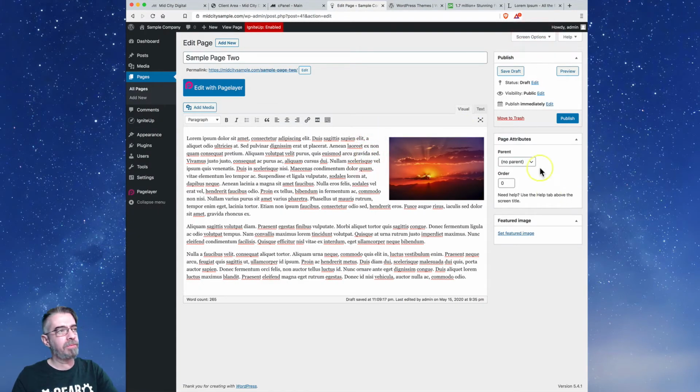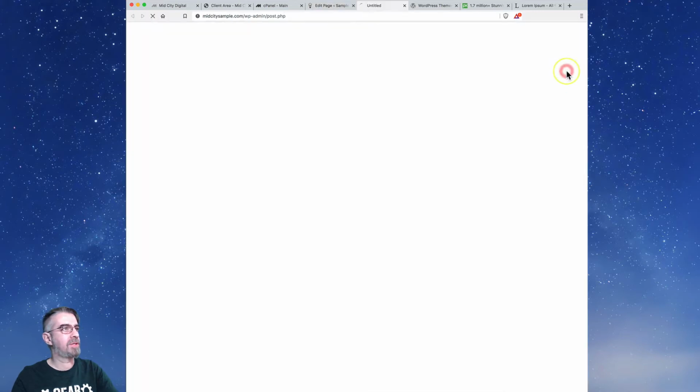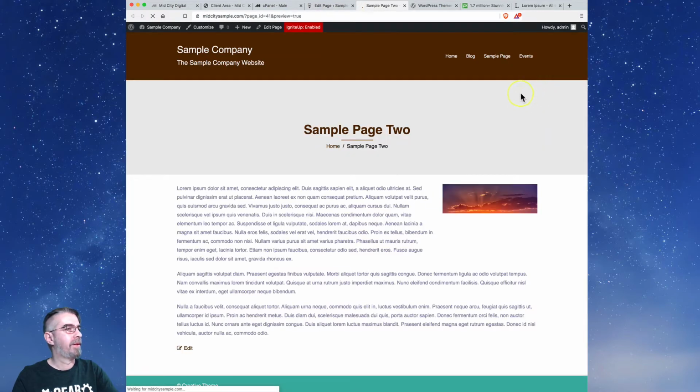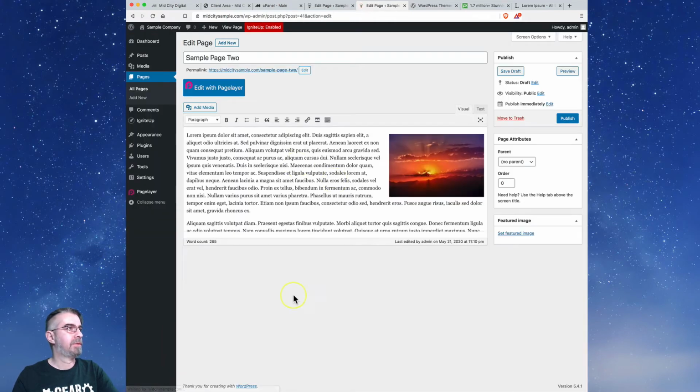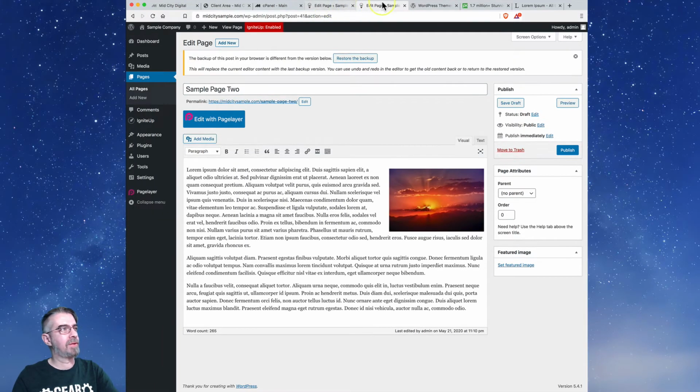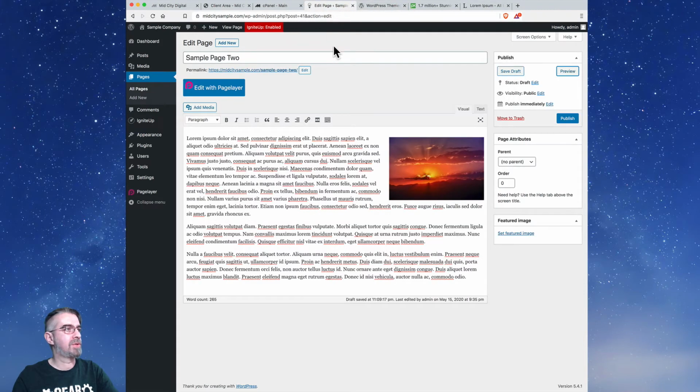And then from here, at this point, I could preview this. Let's hit preview. And so that's kind of what that looks like. No link on it right now. So you could also hit this edit button from the front, which will take you back there. But see, now we got this open twice. So now it's saying, hey, we've got this backup version. Let's go ahead and just close this out because we still got this open over here. And so over here,